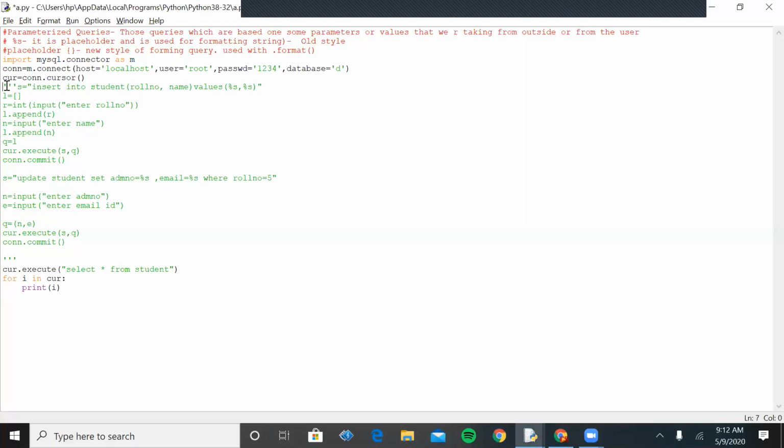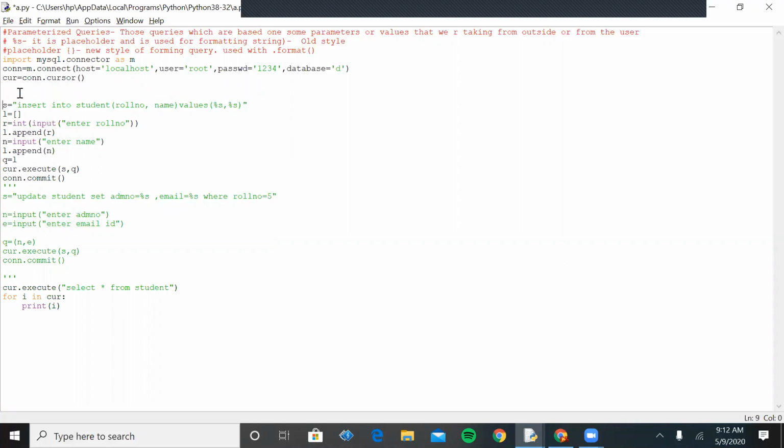Now we are just making changes in the existing code, so it will be convenient to understand what we have to change. When we have used the %s placeholder, you just have to replace it with the curly braces, and if you are accepting a value of character type, then enclose these curly braces in single quotes, because the entire SQL command is in double quotes.